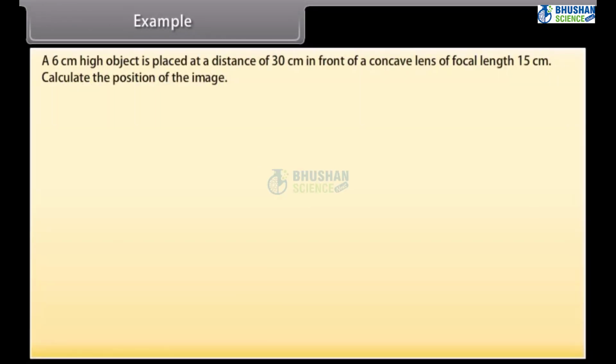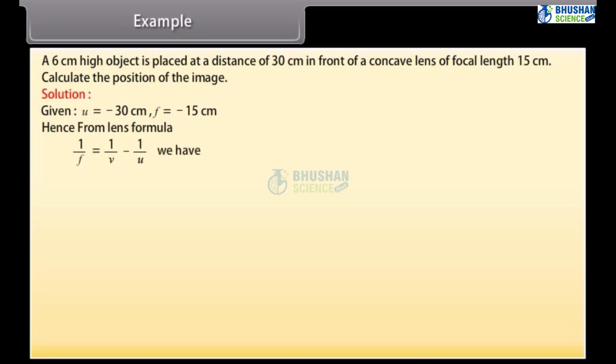Example: a 6 cm high object is placed at a distance of 30 cm in front of a concave lens of focal length 15 cm. Calculate the position of the image. Solution: given u = −30 cm, f = −15 cm. Hence, from lens formula, 1/f = 1/v − 1/u. We have 1/v = 1/f + 1/u